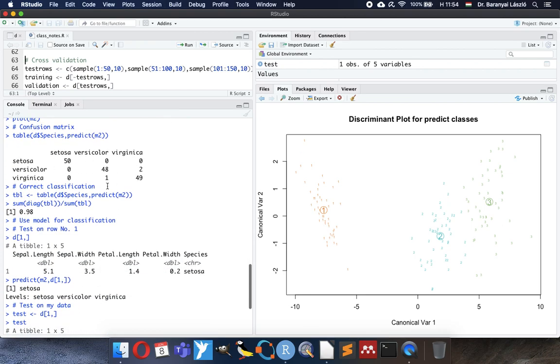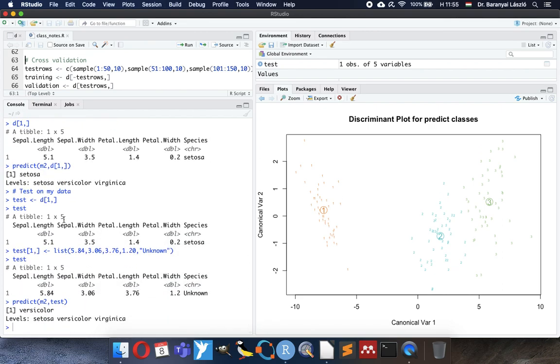And now with discriminant analysis, which is a supervised technique, we checked that indeed our measured data supports this classification. So the three different varieties of these flowers could be recognized based on the geometry. And you can see here with this list of data how to test any other new